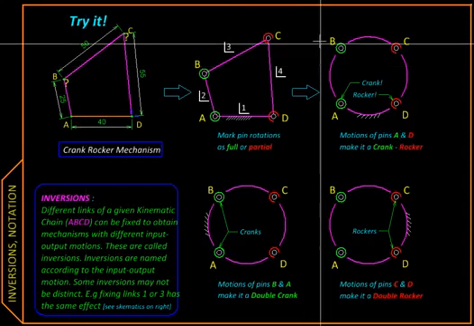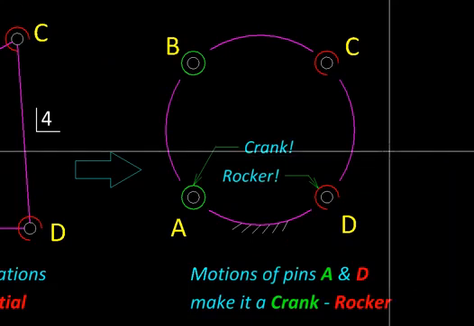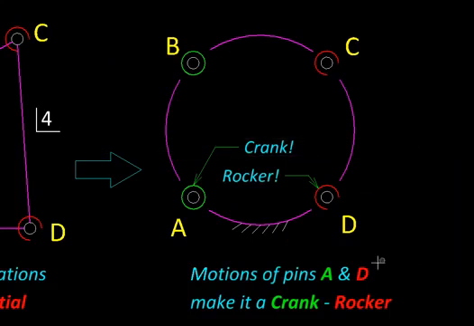Let us see how this notation or schematic representation describes our inversion. Here link AD is fixed, so let us say AB is our input. That would make CD the output. Since link AB is connected to a fully rotating pin or a revolute pair, this will form a crank, while CD is connected to a partially rotating revolute pair, so it will only oscillate, forming a rocker. So this is a crank rocker.